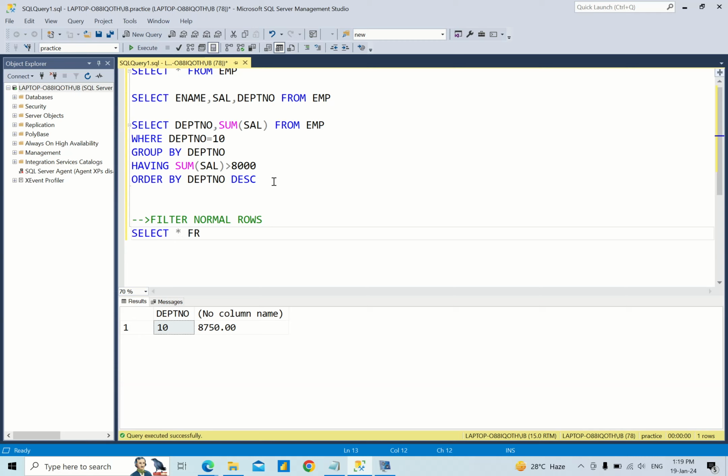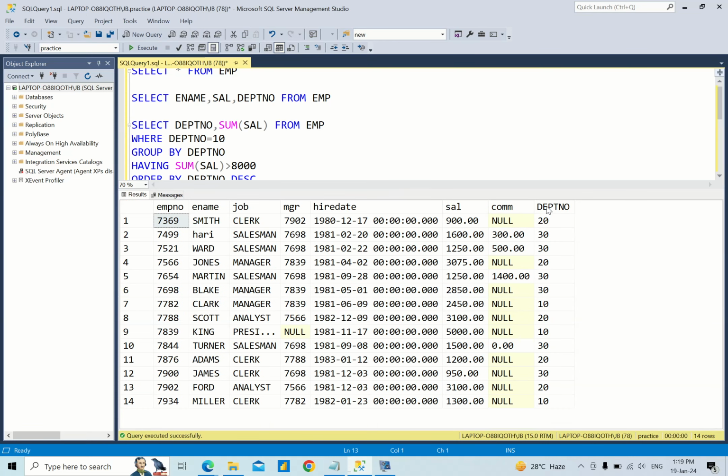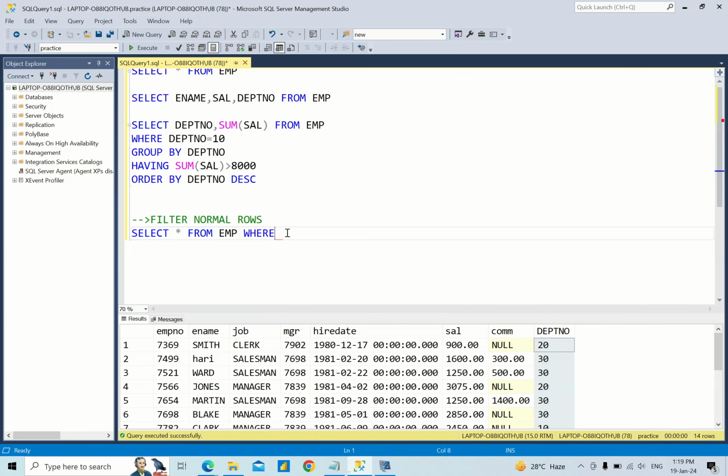Select star from employee where... please observe, here we have all the departments. From the employee table we have different types of department, like 20, 30, and 10. Now I don't want all the departments. I want to fetch only some required departments,